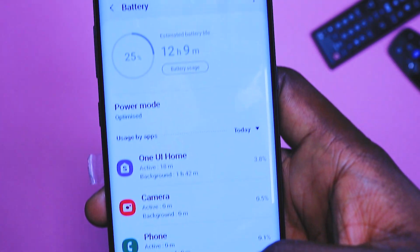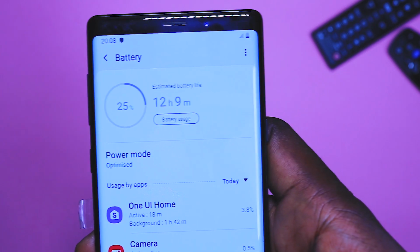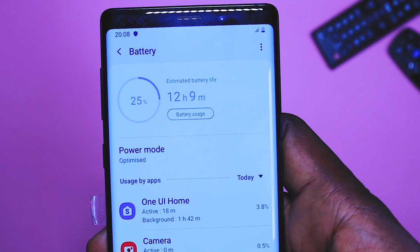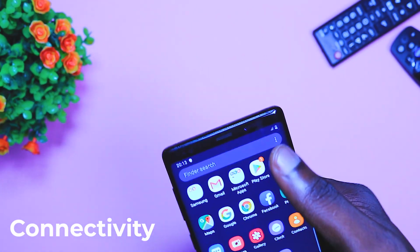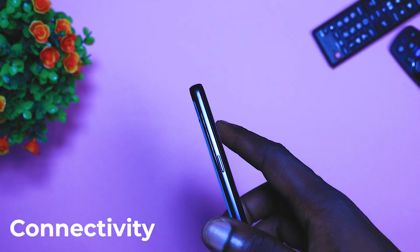And another important feature I actually forgot for the battery: the Note 9 alerts users to the S Pen's battery life, and it takes about 40 seconds for the stylus to get fully charged. For the connectivity, the Samsung Galaxy Note 9 has all the connectivity options that a standard